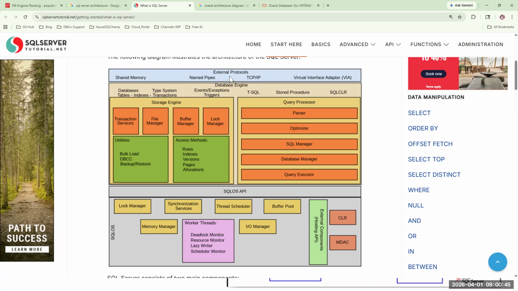Here it is more theoretical. I will spend more time on theory, but in upcoming classes I will sit more on the practical, like parser, optimizer, data cache, and plan cache. But here we will sit more on the theoretical part. As I told you, initially we'll sit more on the theoretical part, not on practical. But somewhere I will show you a little practical.